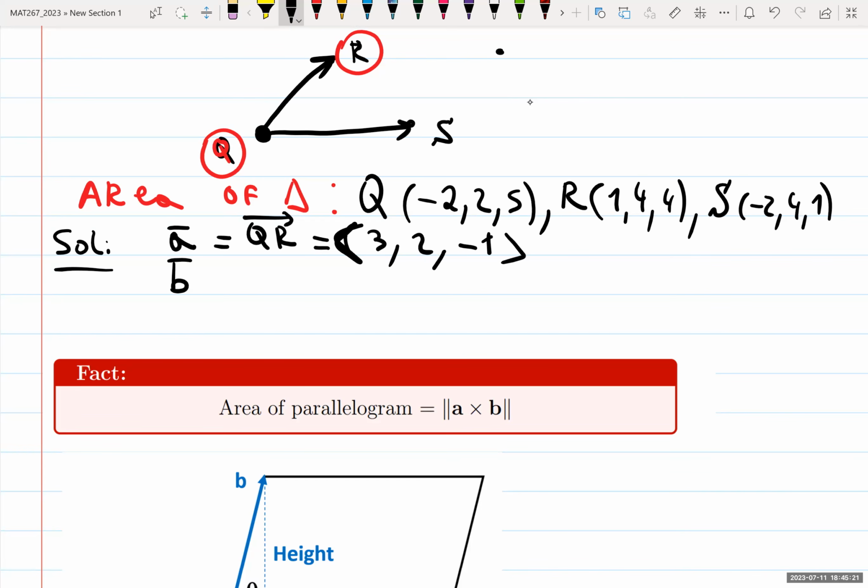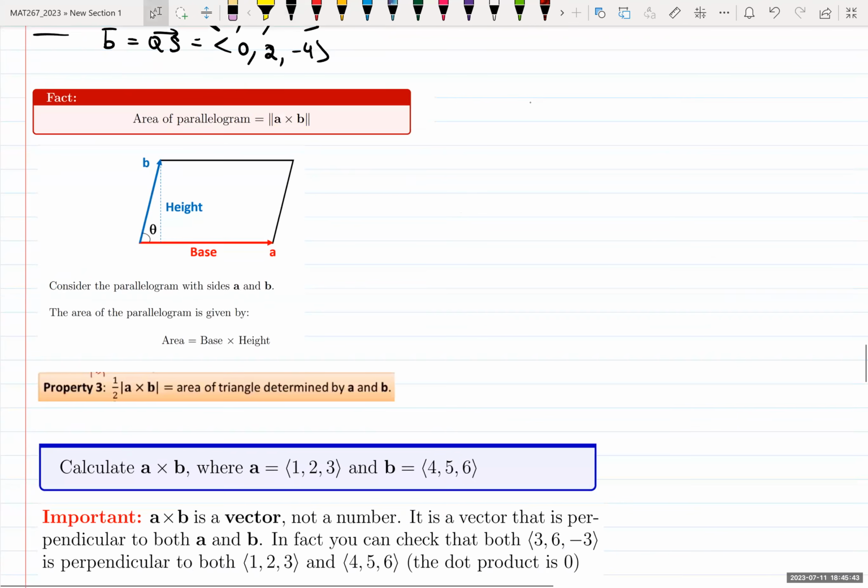Find B, that's going to be QS. Same idea. Next minus previous one. So the nose minus the tail. B is 0, minus 2, minus 2, 2 and minus 4. Good. We have that. And now let's actually perform at least once